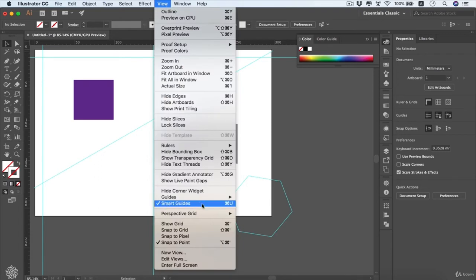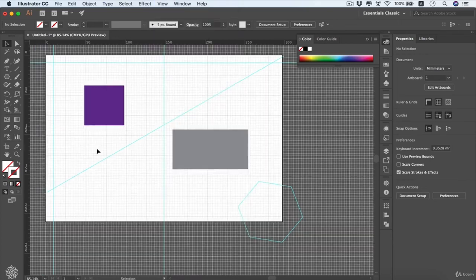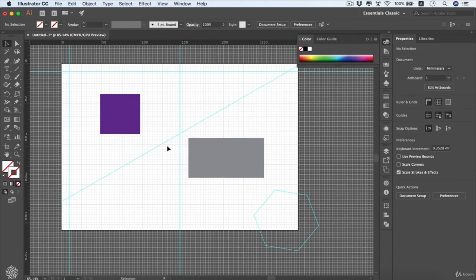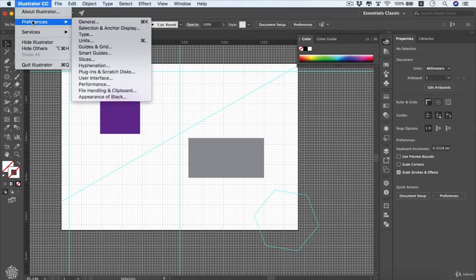The other thing we're gonna be talking about is our grid system, and we're gonna show our grid from here, from the View menu as well. And then you will have your grid, and it's not gonna be printed, but just for your reference. And it's really recommended that you start customizing your grid before you start using it in your design. So we're gonna go to our Preferences from here, and we're gonna choose Guides and Grid,